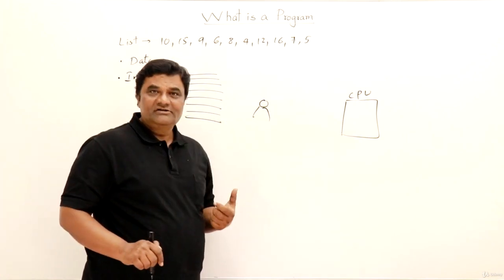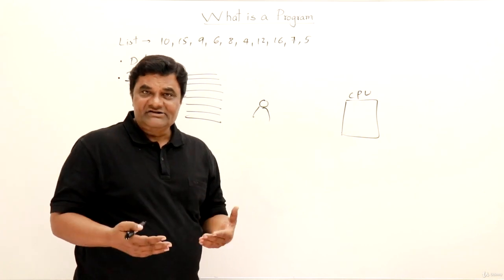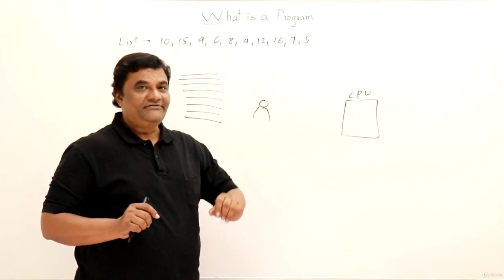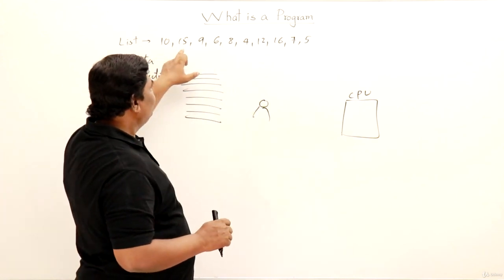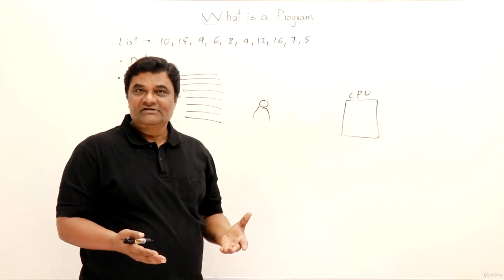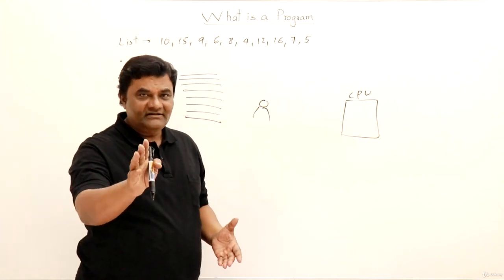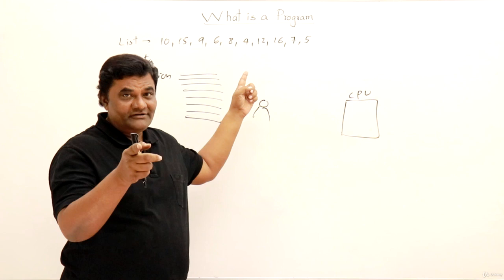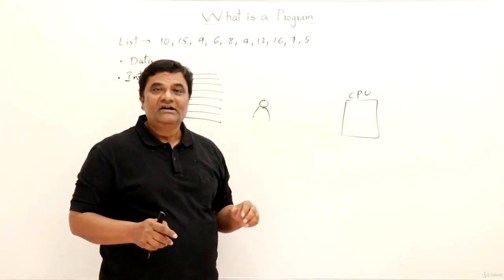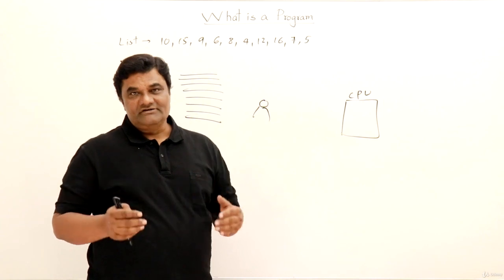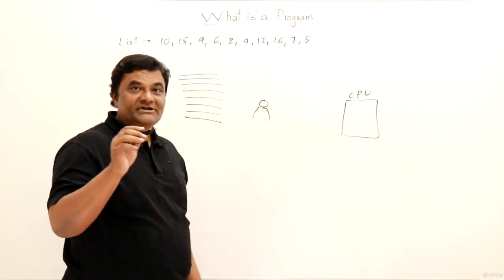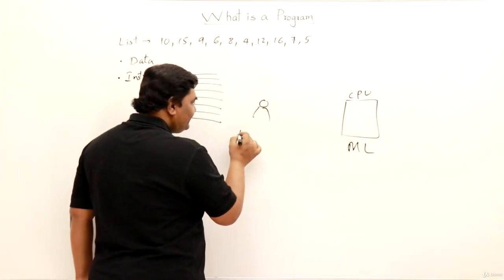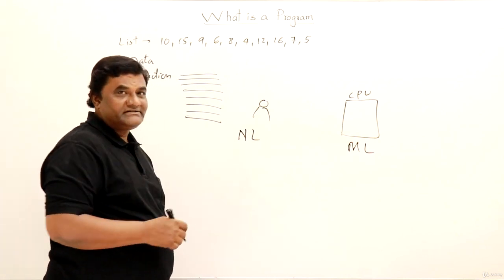Then what is my language? My language is the English language. So the instructions are in English and the data is also English. Like if you ask me to read these numbers, I will say 10, 15, 9, 6, 8. This is English. Numbers are also in English. If you know any other language, then these numbers are called by different words, different names are there for them, and the figures are also different, right? So my data is also English and the instructions are also English. And the CPU's language, machine language, is zeros and ones. This is binary. This is machine language and this is natural language, that is human beings' language.